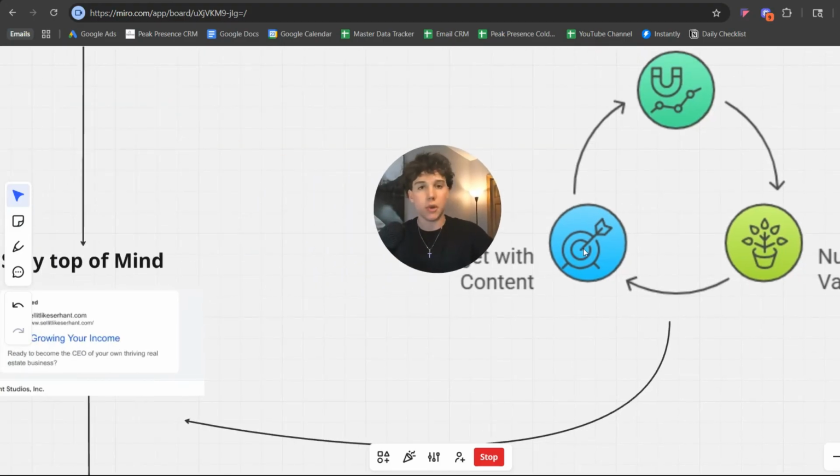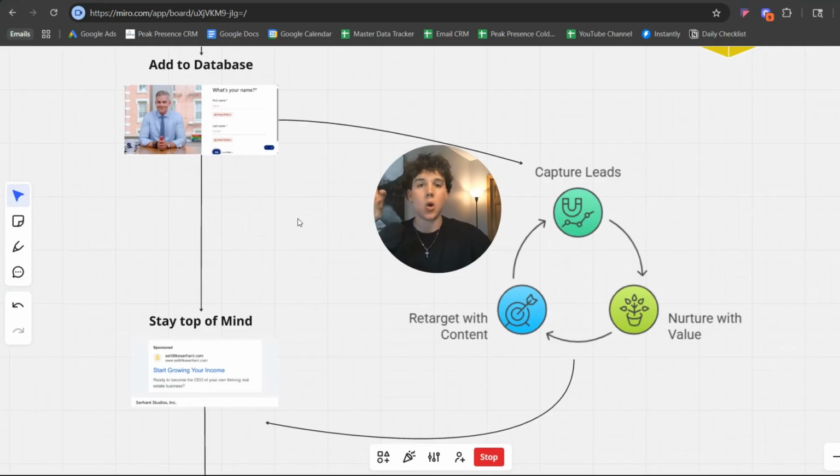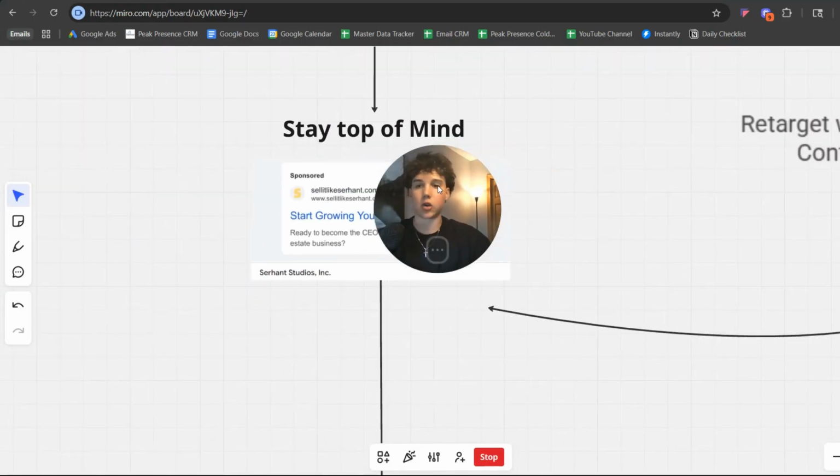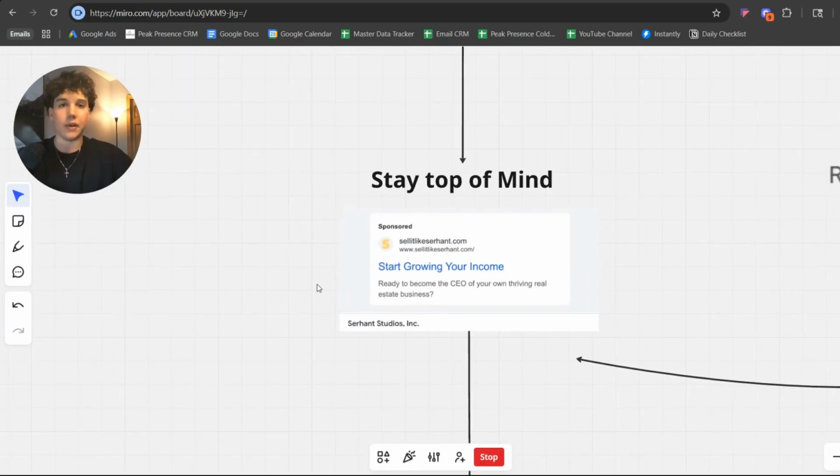I know some agents are familiar with retargeting, some aren't, so I'm going to explain quickly. Anybody who clicks on this, who enters your database, we're able to track those people and target those people specifically. So what we can do is just stay top of mind across Google, Instagram, Facebook, all those platforms. And that's where I see the benefit of Facebook and Instagram.